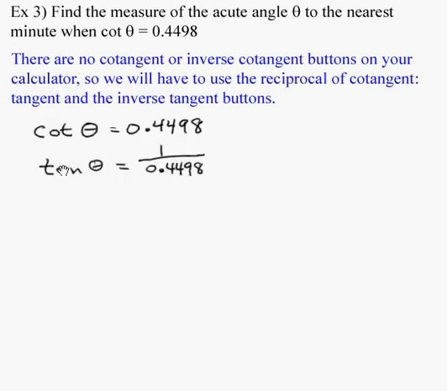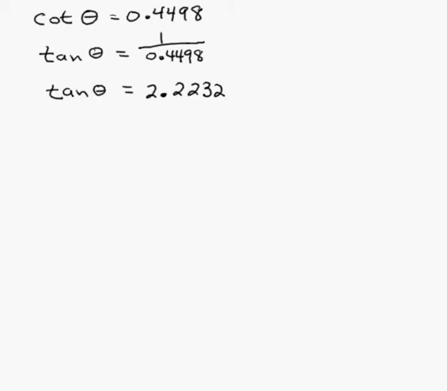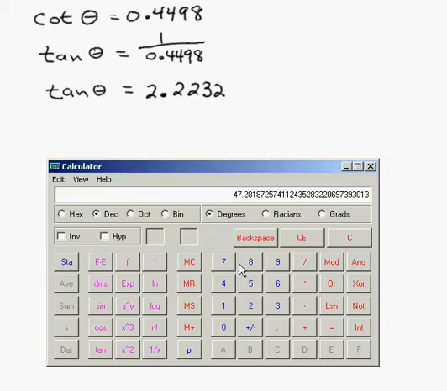And we're going to write that, and here's what I'm doing in this second step. I'm taking the reciprocal of both sides of the equation. The reciprocal of cotangent of theta is tangent. The reciprocal of this decimal is 1 over the decimal. Now let me divide. 1 divided by 0.4498 gives me 2.2232. And now we do have a tangent button, and therefore we're going to have an inverse tangent button on